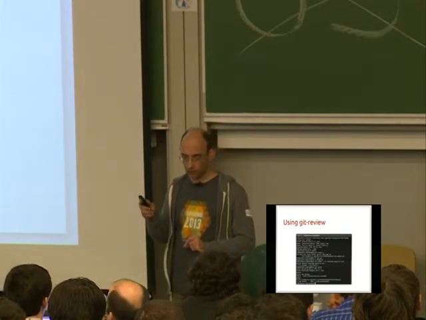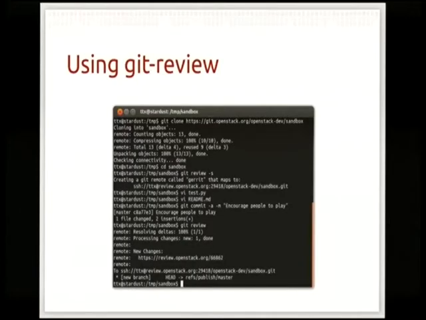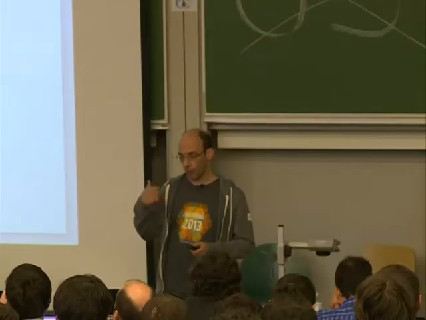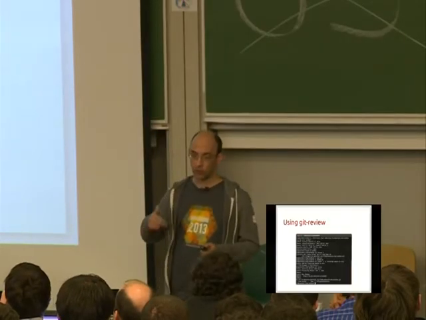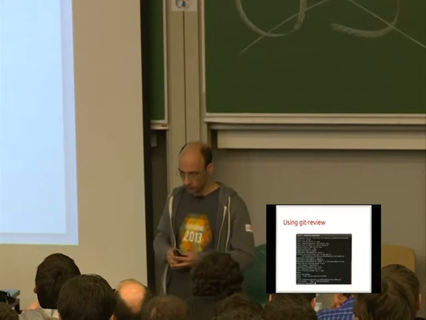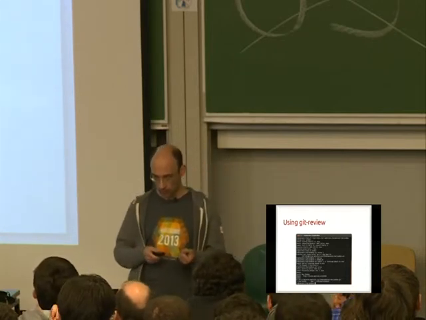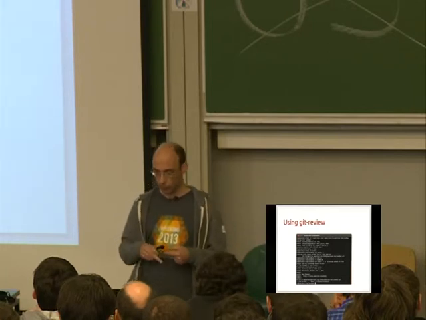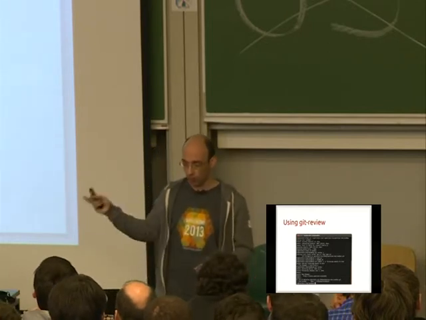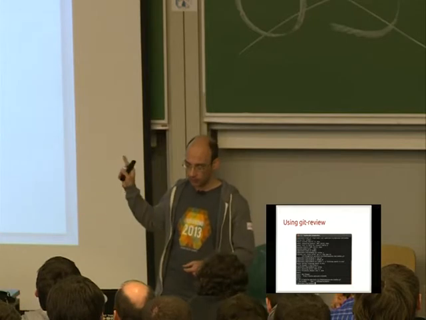And then it looks like this. We use a Git plugin called Git Review that we developed within OpenStack, so that you can have one command to submit a change for review in our review system. So it looks like this. You git clone a repository. You then use git review -s to set up the remote that will point to the Gerrit code review system